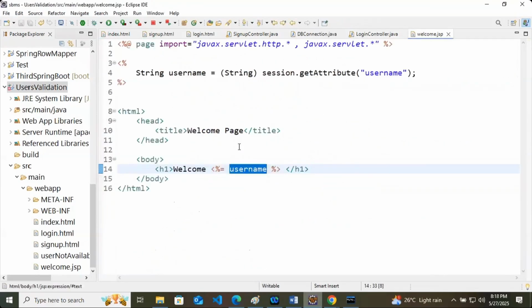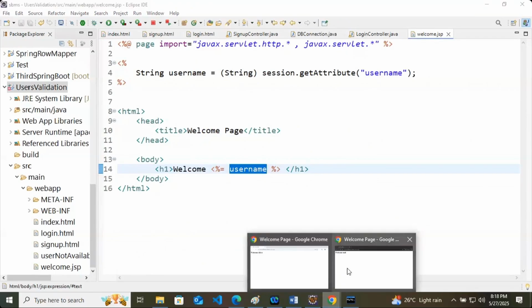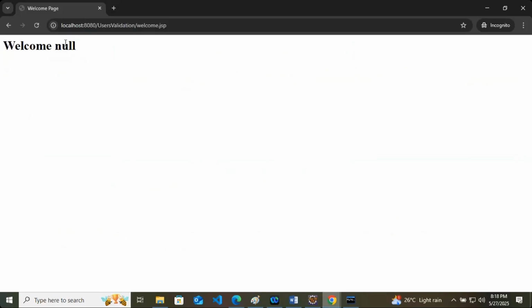In the welcome.jsp page, just look at the front end. What you are getting here is that username is null, right? You just check this: if username is null, send to the login page.